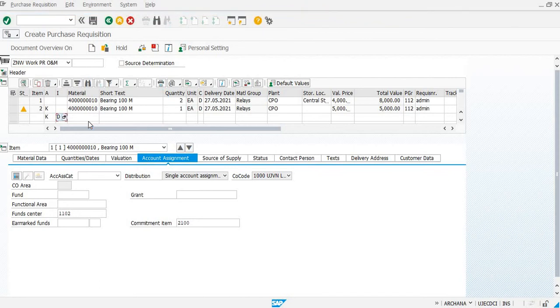Now since there is no material code, we'll directly type the service to be procured in the short text column. So we'll type the service we are procuring in the short text column. This is the first case of service where the total amount is known and its further division is also known.